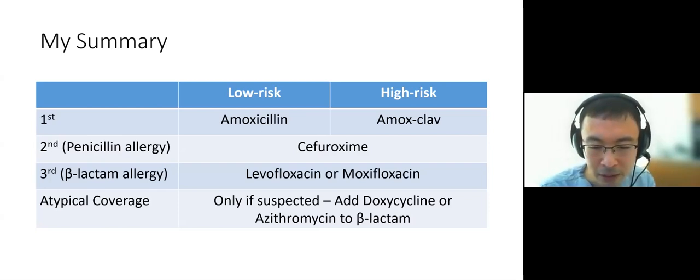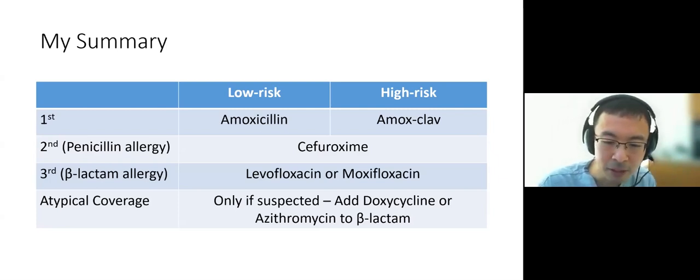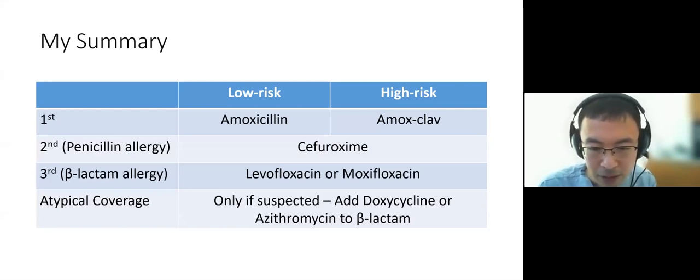Remember, the quinolones already have atypical coverage, so you don't need to add a second agent on top of that. The rationale for this summary is that I place high value on optimal coverage for strep pneumo. There's a strong preference for beta-lactams over quinolones to keep the antibacterial spectrum narrow and to minimize the risk of side effects. I know some guidelines still recommend doxycycline or macrolides. That really depends on your resistance profile. But in the Lower Mainland, it appears that tetracycline and macrolide resistance is too high to rely on these drugs empirically.